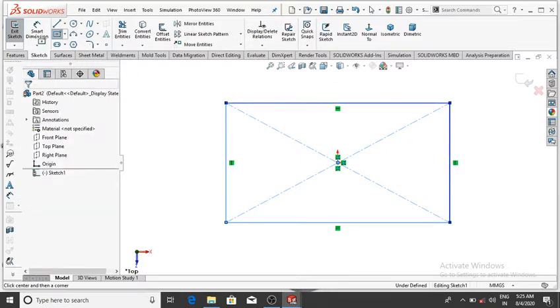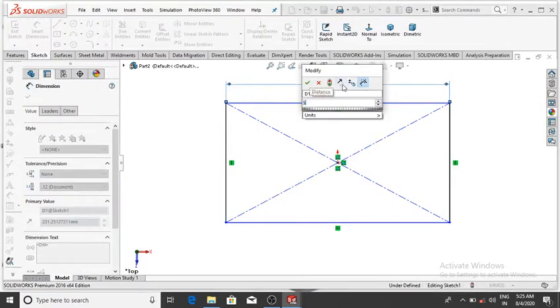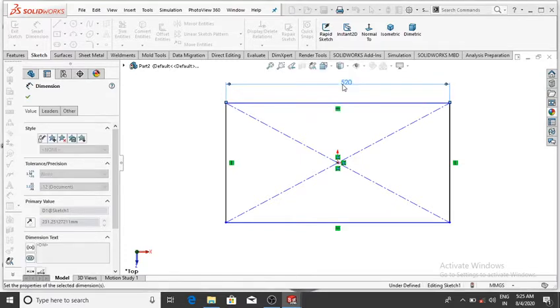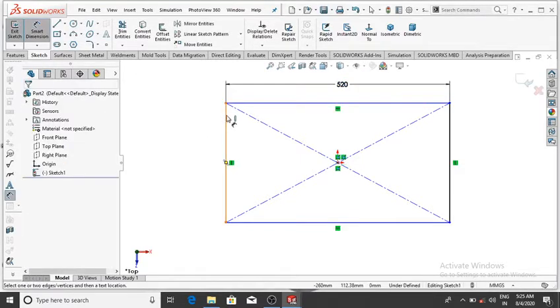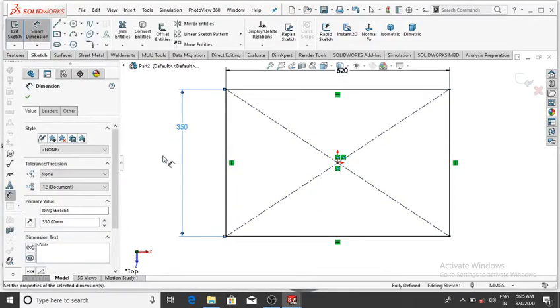So go to the smart dimension and select this line and make it 520, then OK, and this line will be 350, then OK, and make this rectangle extrude up to 30 mm from this.